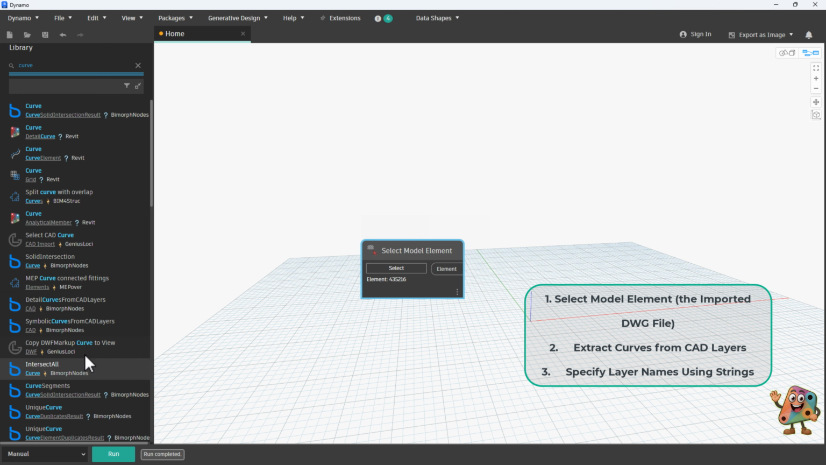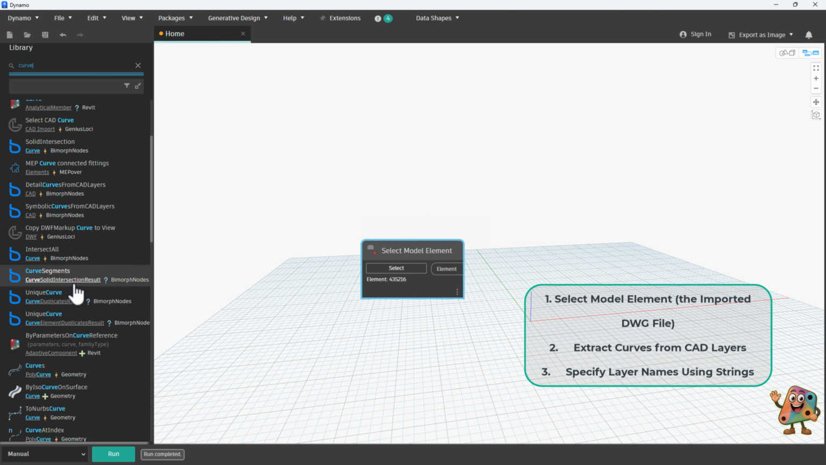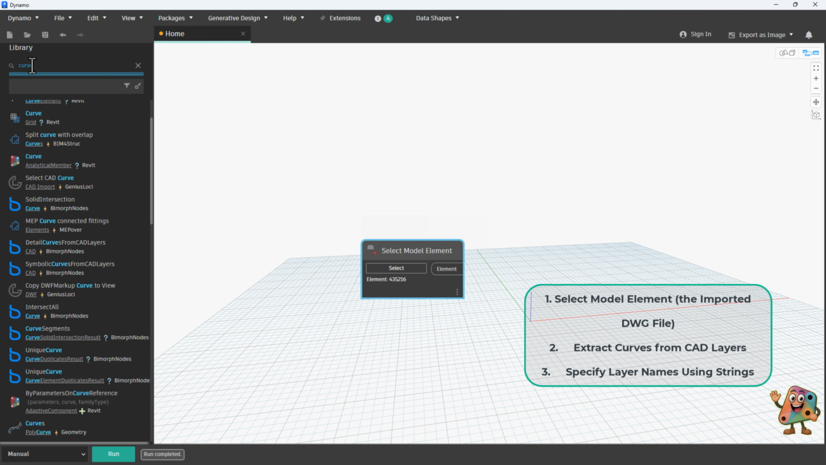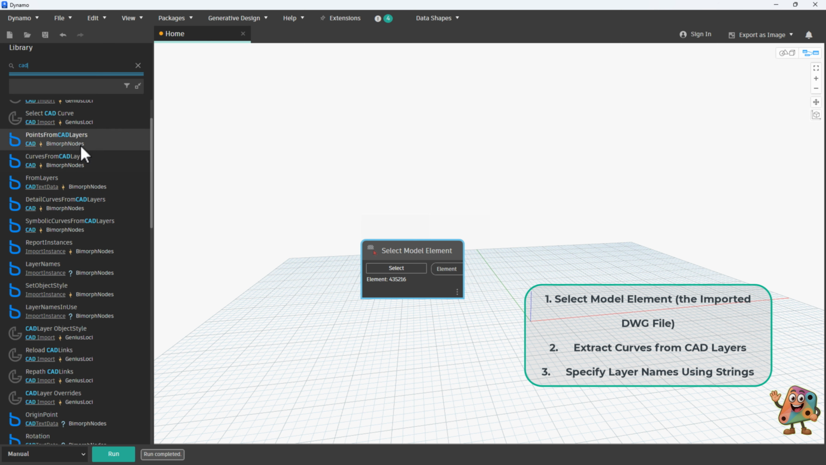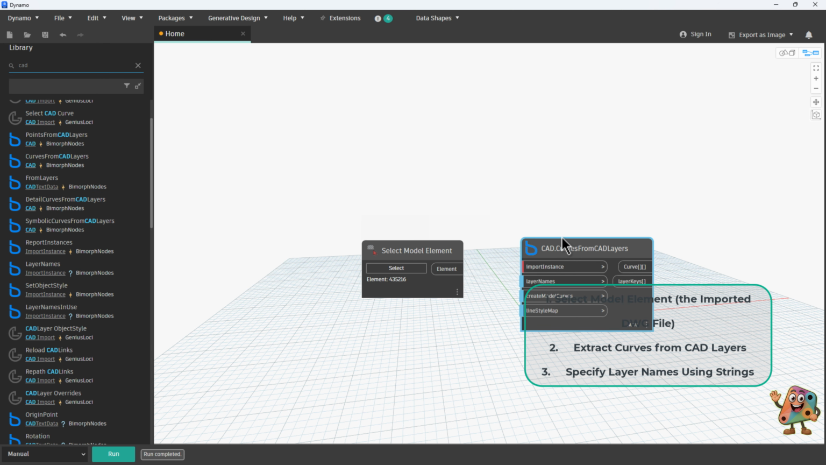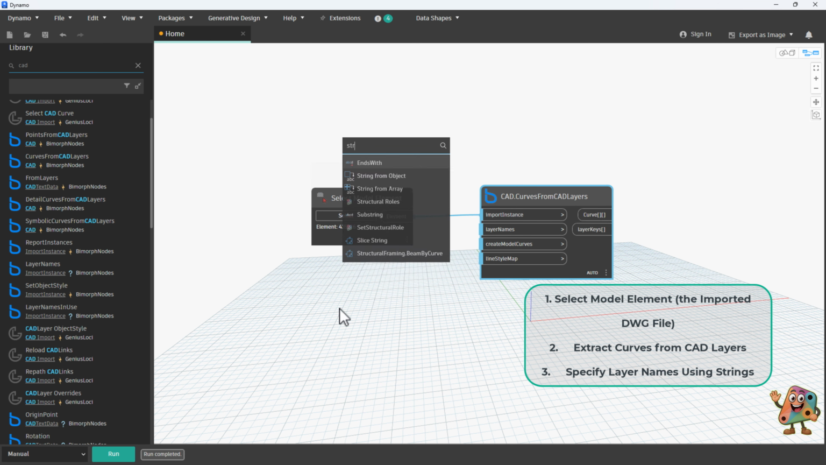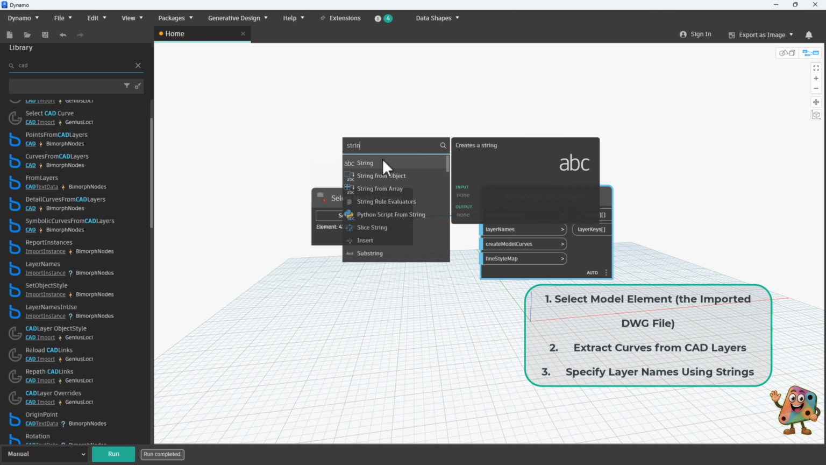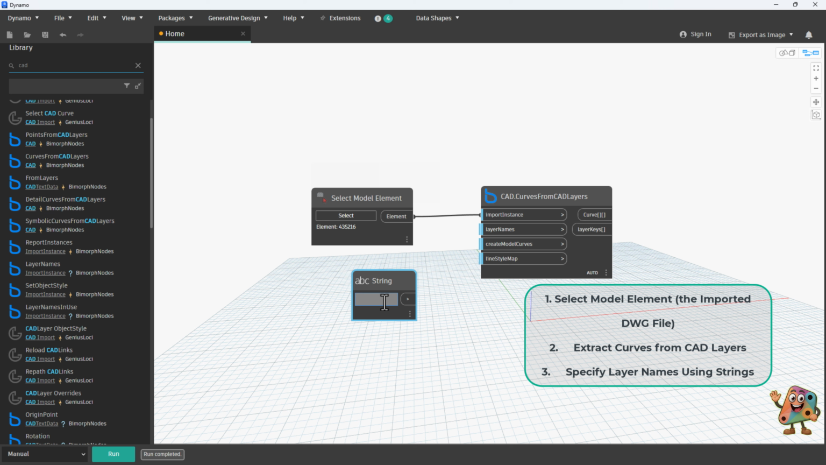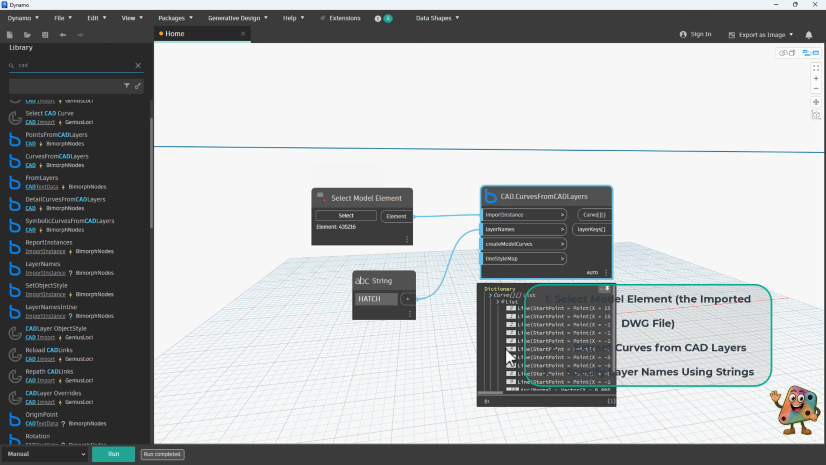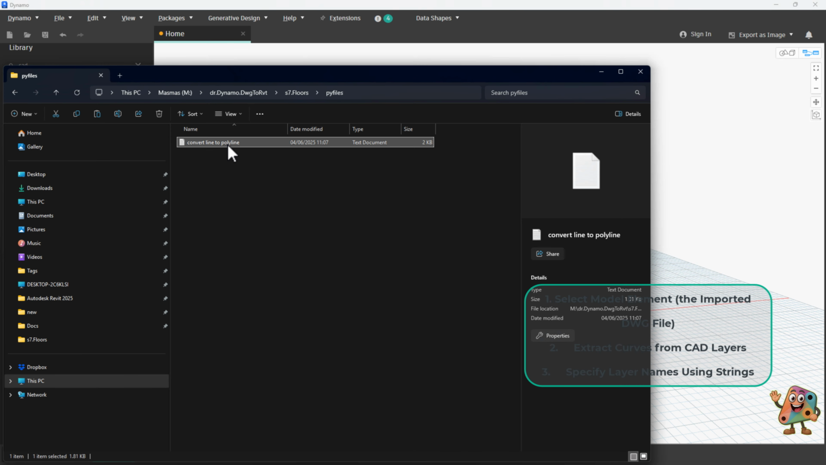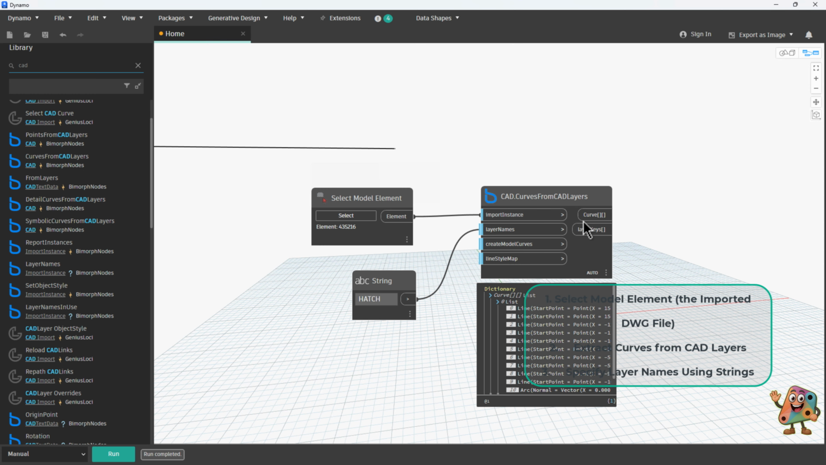And number 2, extract curve from CAD layers. CAD point curves from CAD layers. We get a string and write the layer for a slab layer. As you can see, this layer